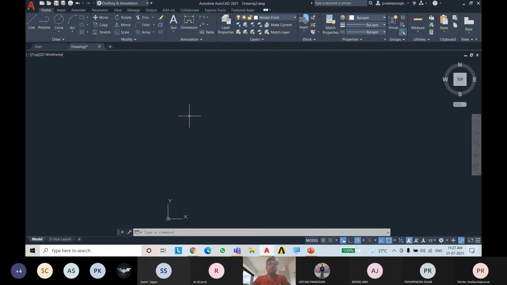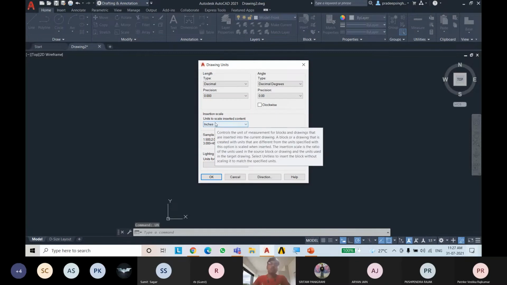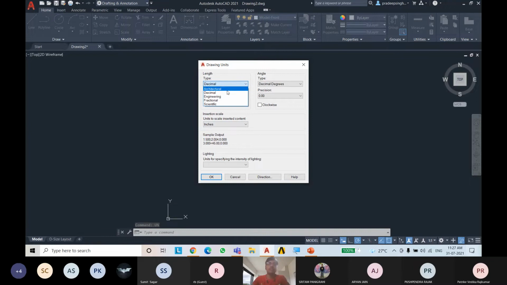So if you want to see what your system is using, type UN and select units. You can see that there are different options, like if you are working in the engineering field or the scientific field, it uses different options. If you are working simply in engineering, you can choose decimal.